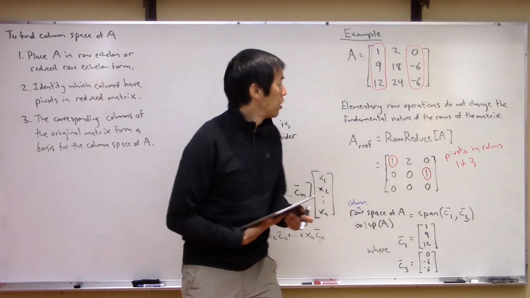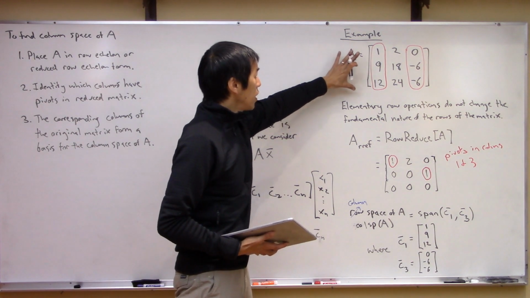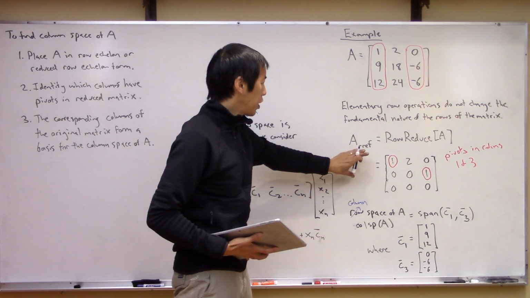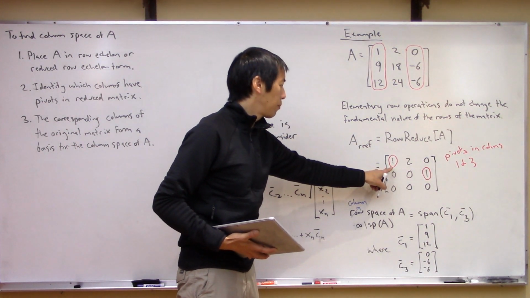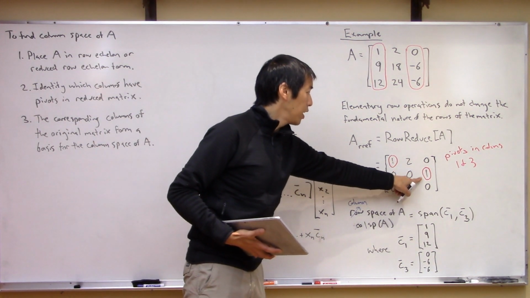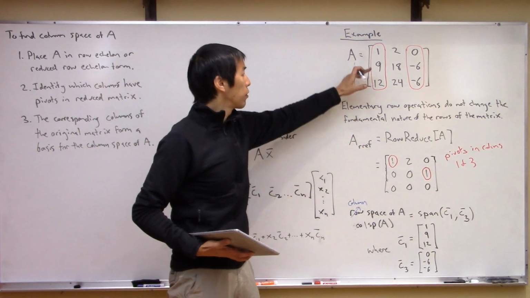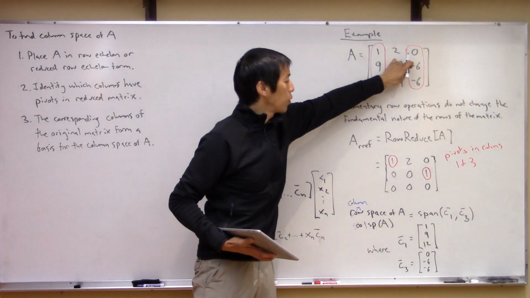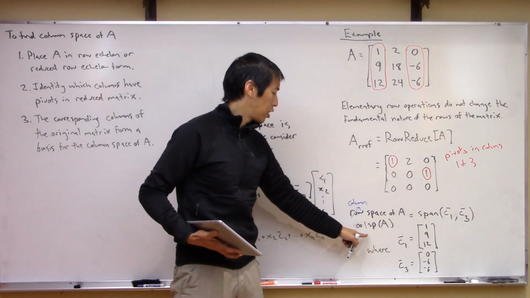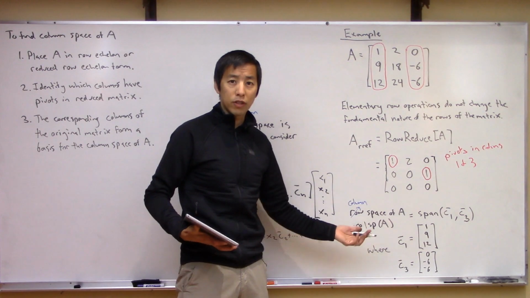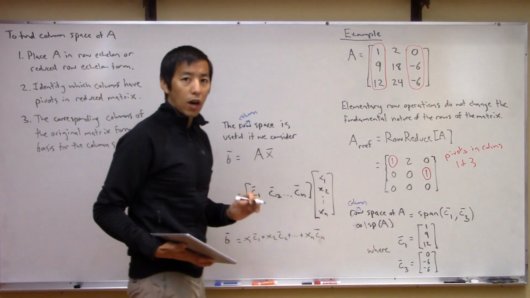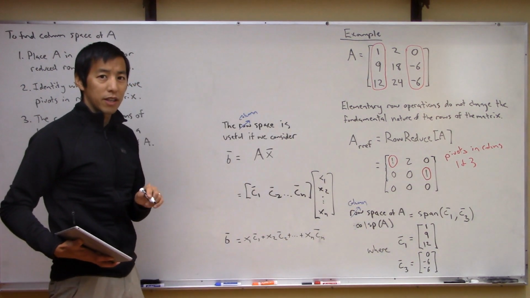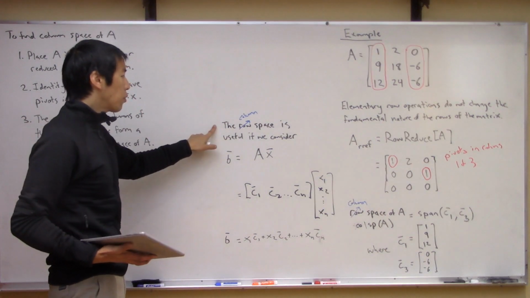So again, just to come back to our example, here's our original matrix A. We put it in reduced form. We identify there are pivots in columns 1 and 3. So therefore, columns 1 and 3 of the original matrix form a basis for the column space of the matrix A. Now, another way you could calculate this, which is actually interesting, is remember